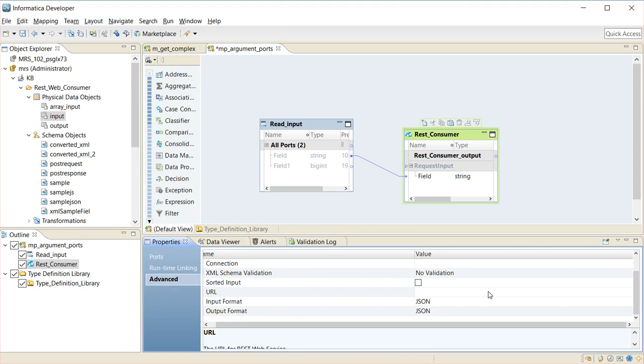So typically argument ports are conditions that are added to your base URL. So for example, if this is the base URL for me, my argument ports will be appended after a question mark with say arg1 is equal to val1 and arg2 is equal to val2. So this is the final URL that I want,